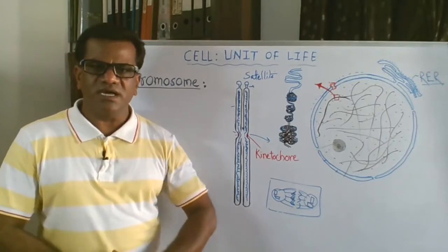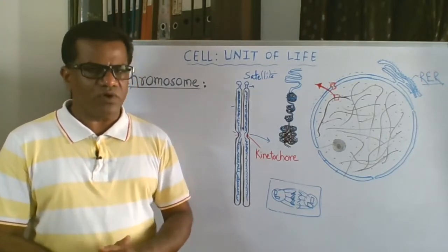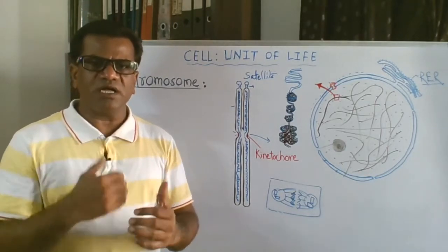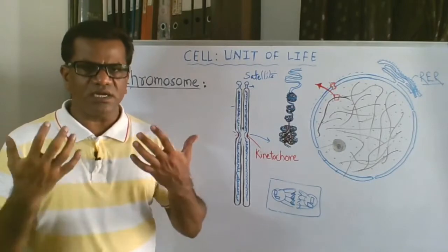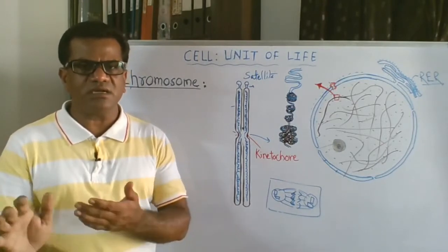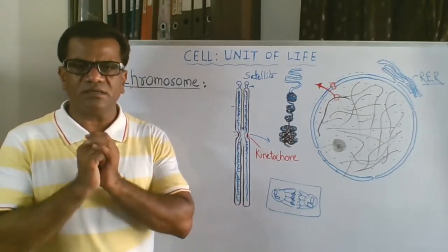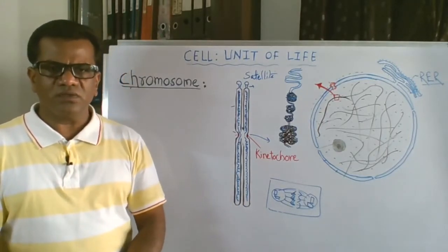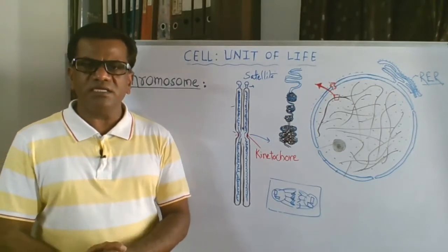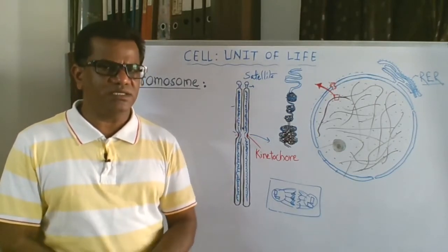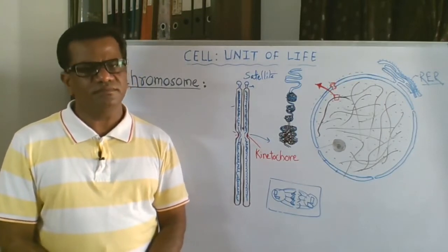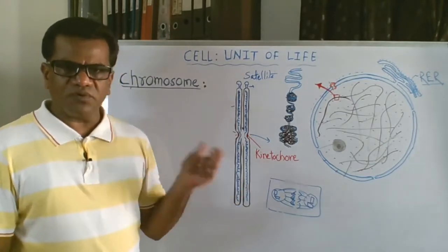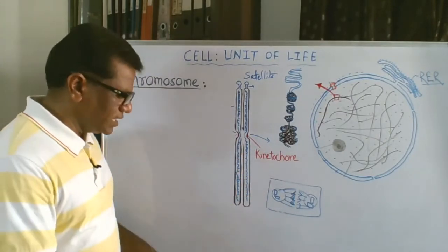Chromosomes have the genes, and genes decide our characters. We call them phenotypic expressions, whatever expressions are given by the genes: externally observable characters, the skin color, eye color, hair color, the shape, size, everything of our body. These are the phenotypic characters, and they are expressed by genes, and genes are the active segments of DNA. Genes are located on these chromosomes. The position of a gene on a chromosome is called a locus.